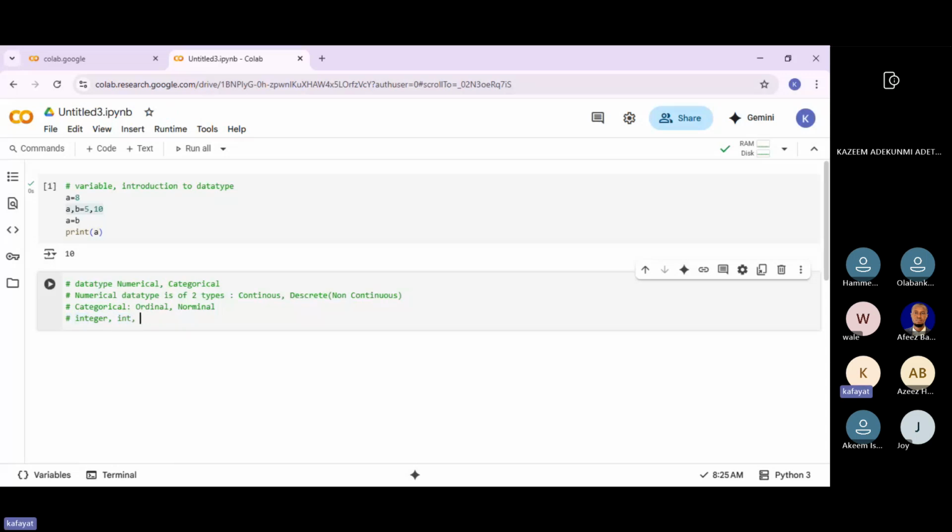So we have a float. Floating numbers go for continuous. Remember, I said continuous data types are data types that are floating numbers. When you say float here, it accepts a decimal number.